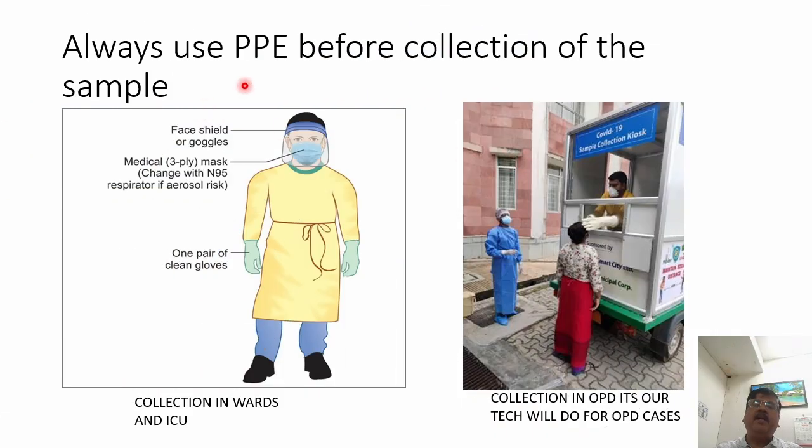Now, it is very important that as a doctor or clinician you always use PPE before collection of the sample. Whenever any respiratory viral infection occurs in future also, personal protective equipment should always be used. Donning and doffing, as all of you know, should follow a particular sequence. We go from down to up for donning, and up to down for doffing. So all those precautions. The mask should be removed in the end.